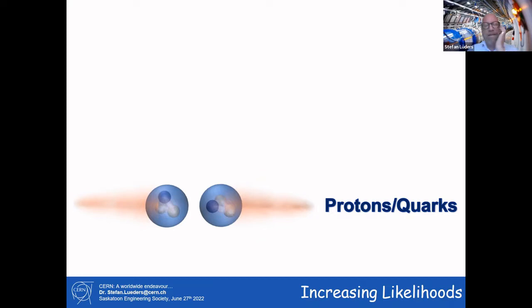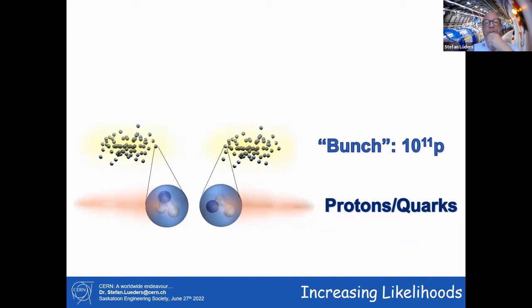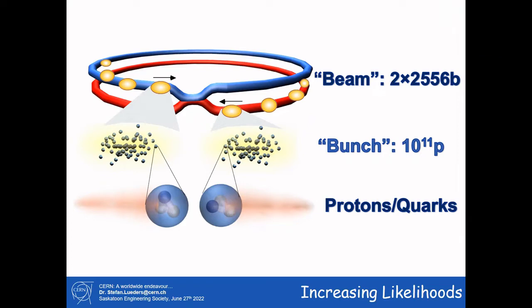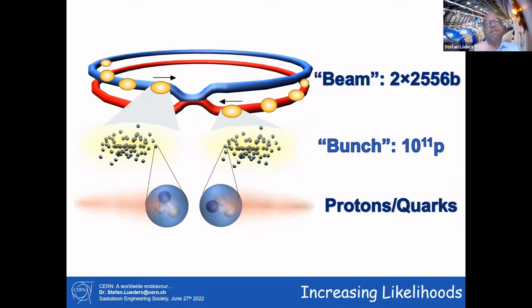Smacking two protons together is a little bit a complicated feat because you really have to target well. So what we do is we put all those protons into bunches. We get something like 100 billion protons in one bunch, and we chain the bunches up in something which I call a beam. There are 2,556 bunches within the beam, and what we do now is what Ghostbusters told us not to do. We cross the beams, and when the beams are crossing, the bunches are crossing, and the likelihood that one proton is smacking into another is something like 4,000%, which means that on average we have not one collision, but something like 20 to 60 collisions in parallel, and that is later on a small problem to fiddle out which part of the collision belongs to which pair of protons.